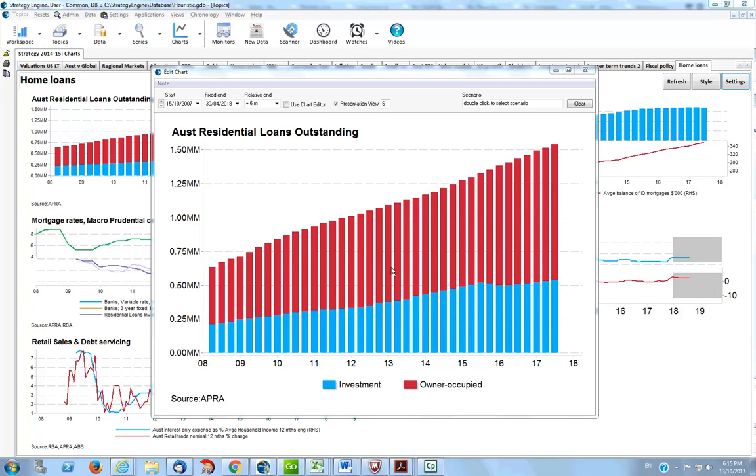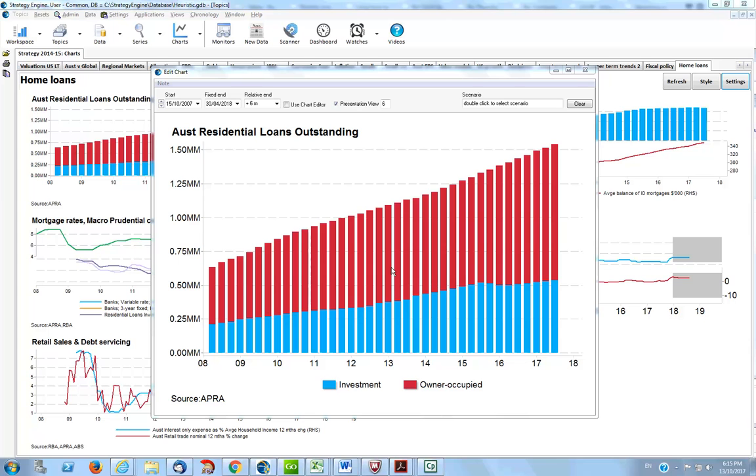In this video, we're going to have a look at the potential impact of the lift in interest-only loan mortgage rates on the household sector. There's been a lot said about the growth in investment loans and indeed the measures undertaken by APRA and the RBA over the past 6 months to try and slow the rapidly growing segment of the market, as it's seen to pose a significant risk to financial stability going forward.